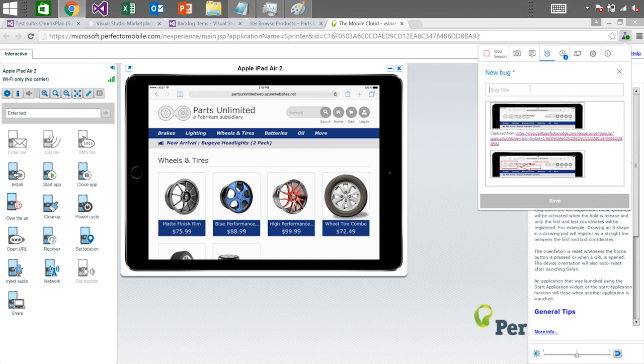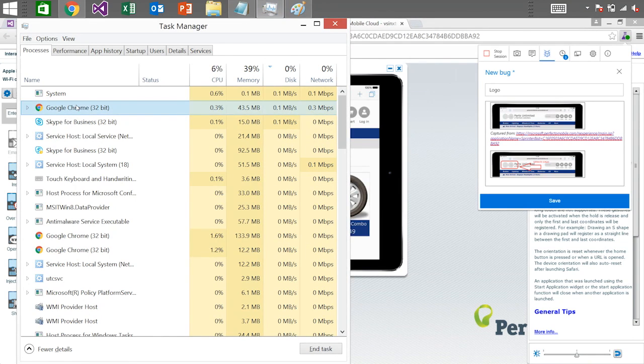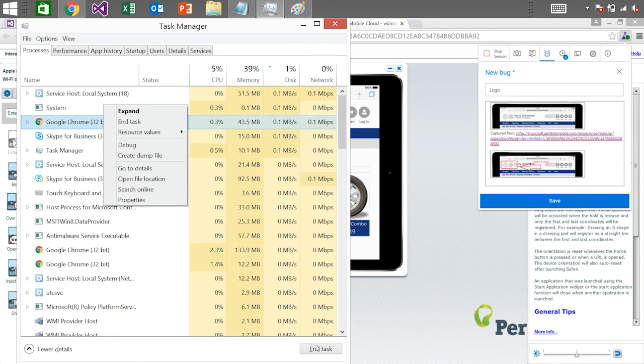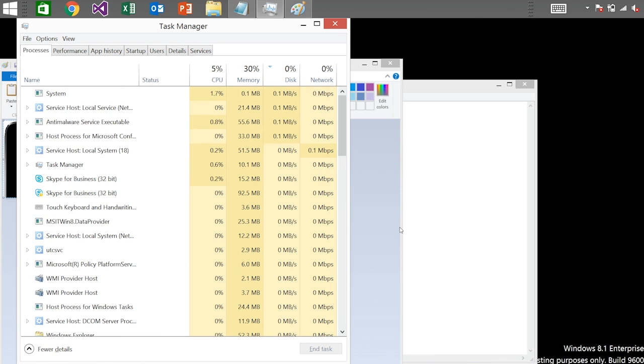Okay, now I mentioned the fact that this was resilient. So at this point, what happens if I crash? This application's still running, and it may not be the best citizen at this point. So let's go ahead and open up Task Manager, and we find our browser is running, and I'm going to go ahead and just bring it down. So at this point, did I lose everything? Let's find out. I'm going to go ahead and restart my browser,